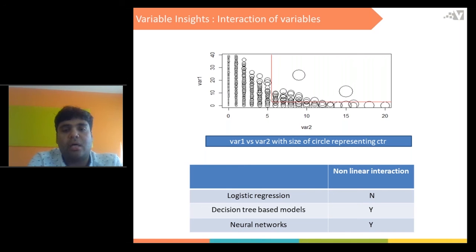So the interaction of these variables affects the CTR, and it's not a linear trend. Coming to the triage part, logistic regression out of the box will not be able to handle these non-linear interactions, but decision tree based models and neural networks will be able to handle this out of the box.